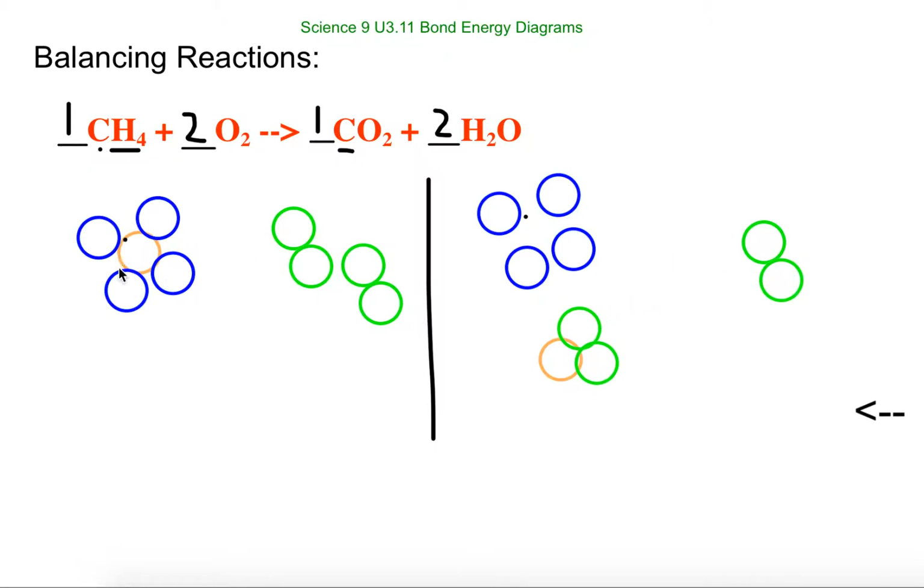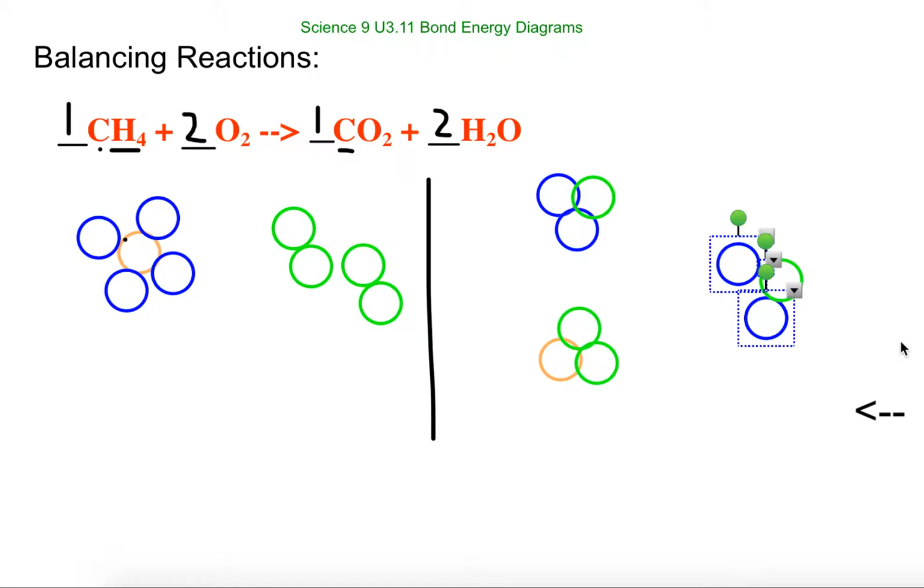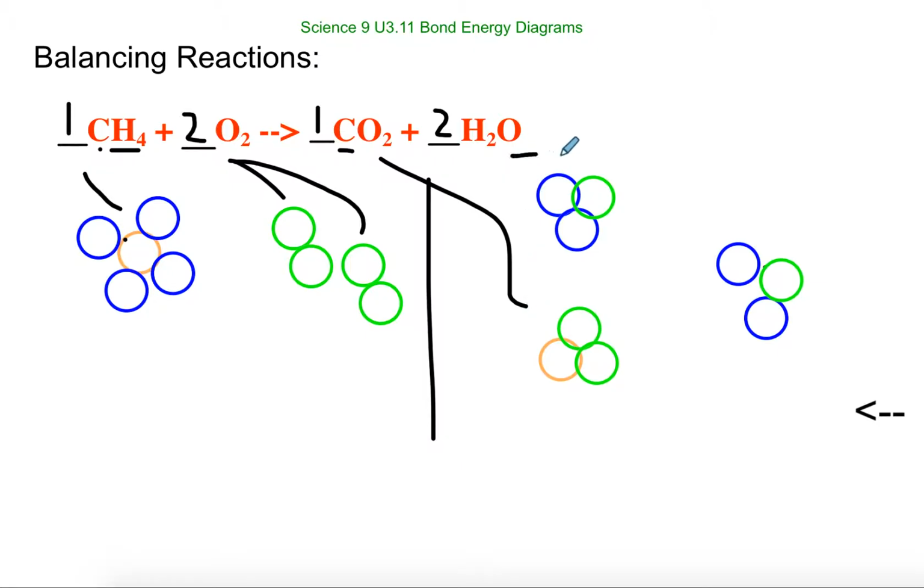Right, so the carbon from CH4 went to the carbon from CO2. And then we've got H2. These were the H's, so there's an H2, and an O goes with those. And here's the H2 and O from the second one. Yeah, so we have one CH4, 2 sets of O2, and we get one CO2 and 2 sets of H2O. Great. You can see that visually with this